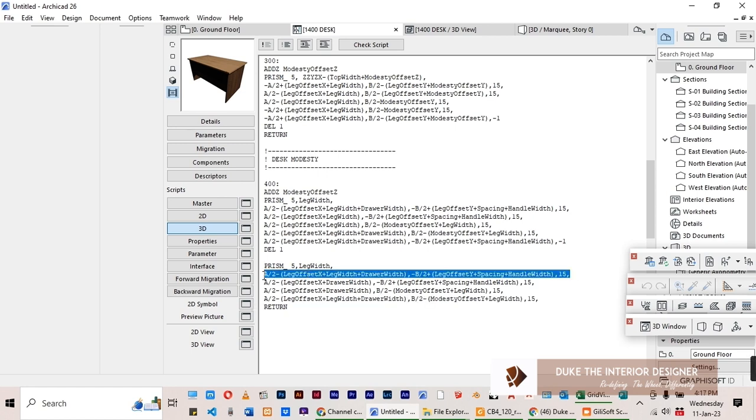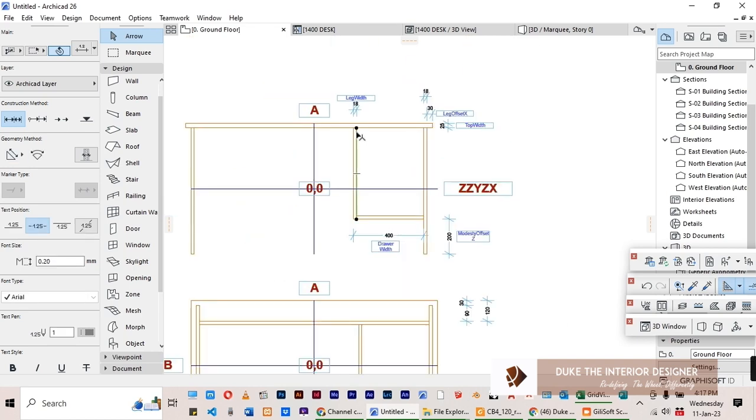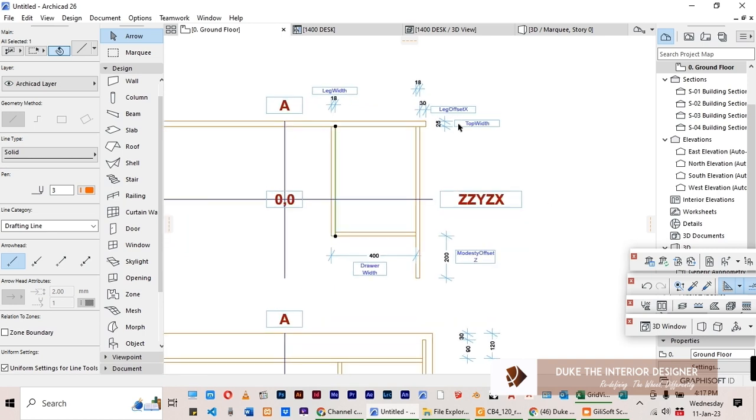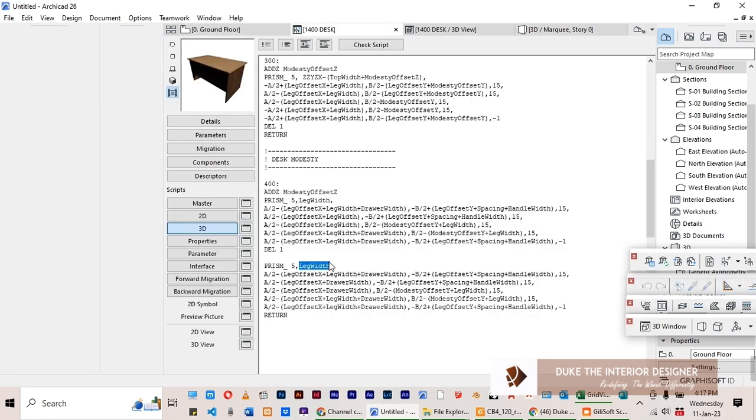Then copy the whole of this and then paste it here, and then remember the last point is -1. Now in terms of height here, we'll have a difference because the height of this panel here is the whole of the height minus the modesty offset and the top width. So we come here, we just write